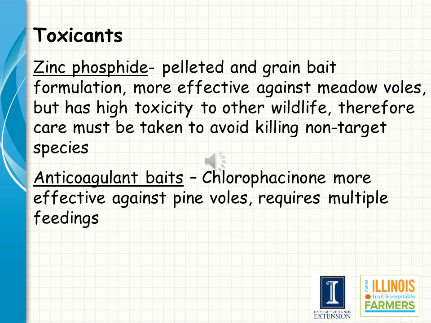If you determine that vole populations are high in your orchard, they can be reduced using a toxicant or rodenticide. No nuisance permit is required. A rodenticide with the active ingredient zinc phosphide is more effective against meadow and prairie voles, while products with the active ingredient chlorophacinone are more effective against pine voles. So knowing which species of vole you're dealing with is an important step in reducing the population through the correct